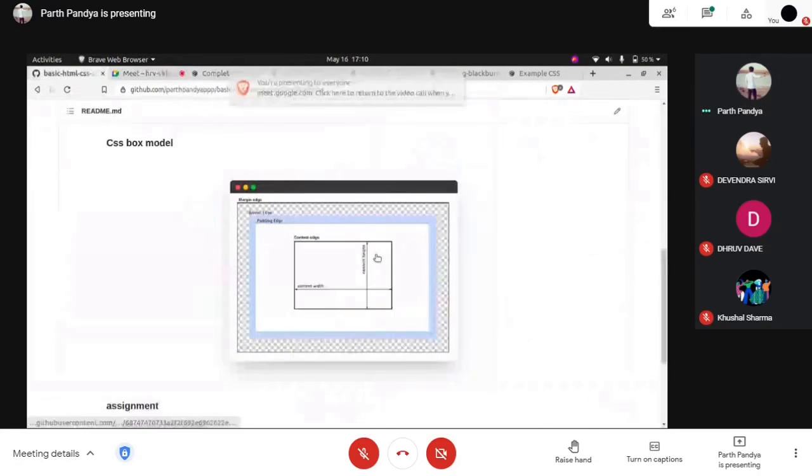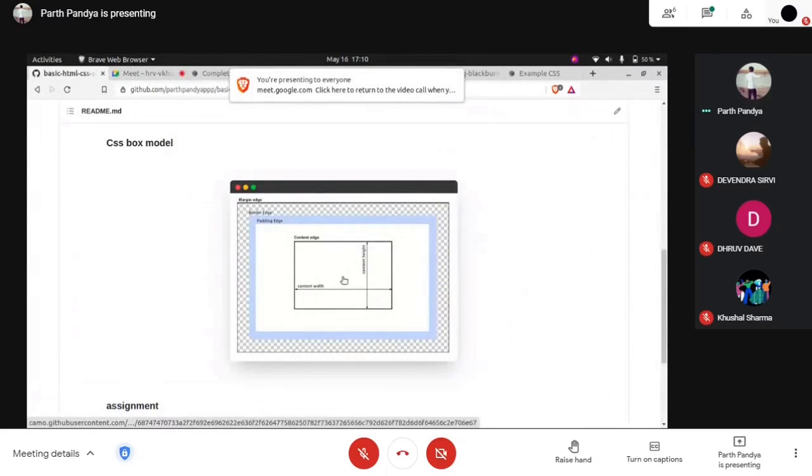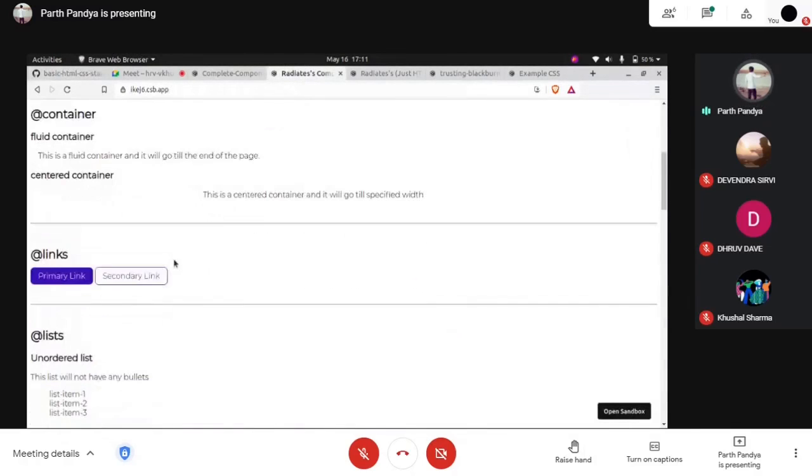Let's get back to this CSS box model again. This was the content area bounded by the padding area, and the padding area has its padding edge. Every element to which we give a border, like an h1 element, will be enclosed by a border, like a button, as you can see here. Here is the border. The secondary link has a border, and we can give the border a color also. This is a primary link, and it also has a border, but it has a background color too.